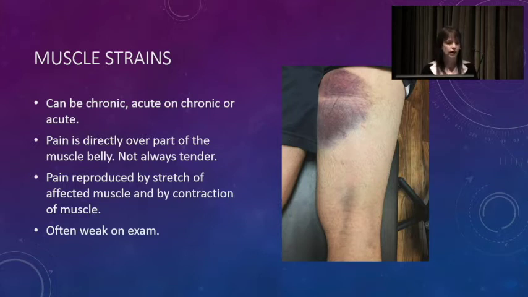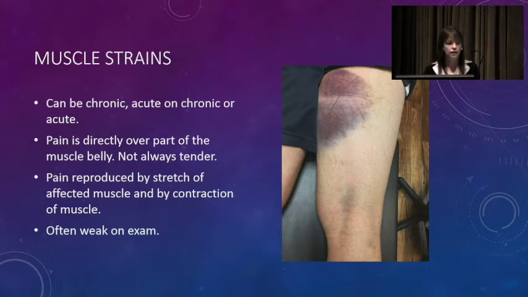Sometimes it is important, however, to rule out a bony injury. What you think might be a muscle strain could be a slipped capital femoral epiphysis or some sort of bone cyst. So it is important not just to assume, because the child knows or you think that there may be a strain or a sprain, that that's exactly what it is.